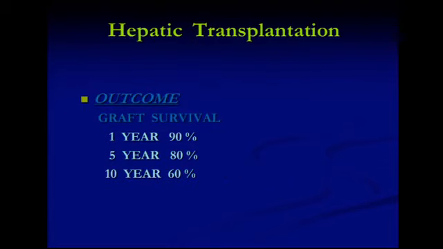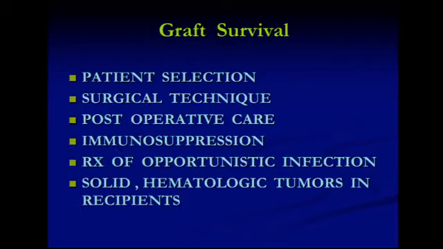In terms of hepatic transplant outcomes, you can see that the graft survivals are relatively good. This hasn't changed very much over the past 5 to 10 years. The graft survival improvements come from better selection of patients for transplant, better surgical technique, good postoperative care, which includes sonographic monitoring, as we have been evaluating, better immunosuppression, treatment of opportunistic infections, but with the remembrance that these patients, because they're